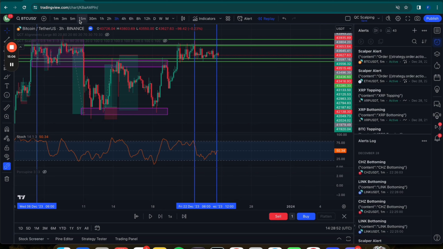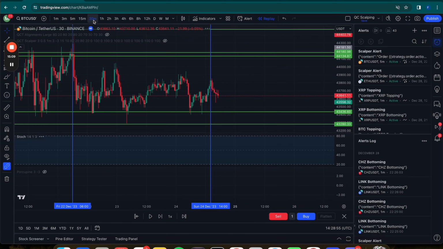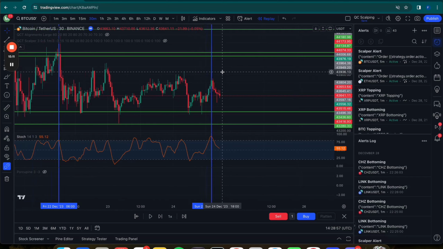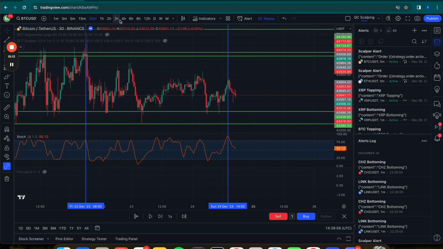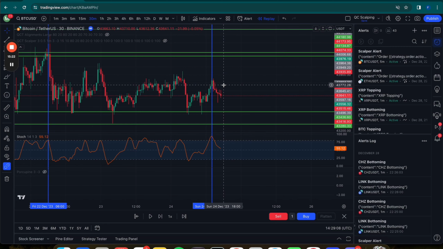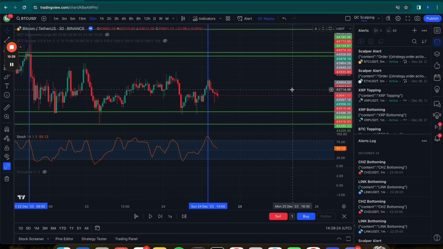So really, what we're looking at is how many time frames are aligned, and depending on what we trade, if we swing trade, we look at higher time frames. If we day trade, we look at lower time frames. And we definitely want our 3, 5, 15, 30 minute time frames aligned for a day trade. And if we're looking at bigger trades, then we got to make sure that the higher time frames are aligned for a big move, and then the lower time frames can catch up and have a full alignment before we have a big move. So there's two ways of trading it.